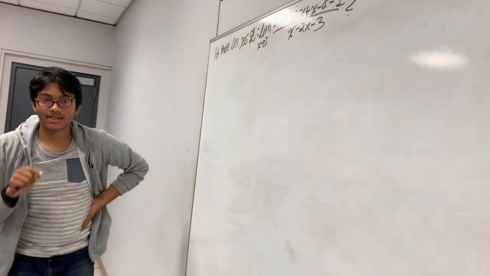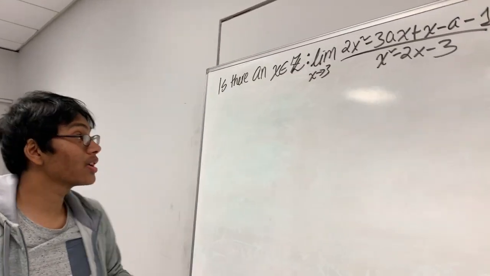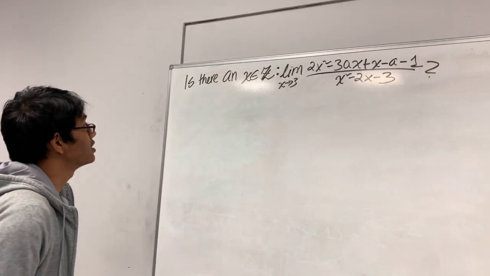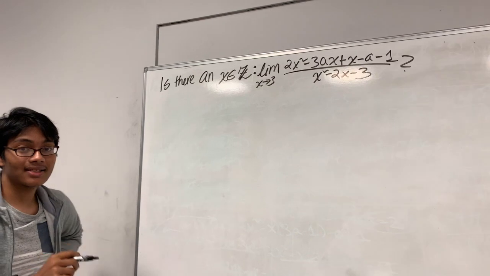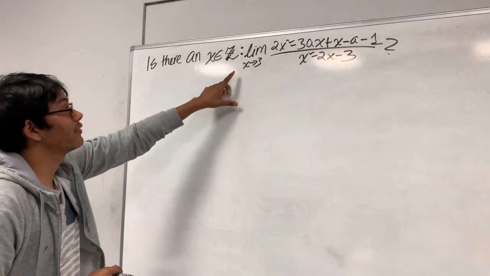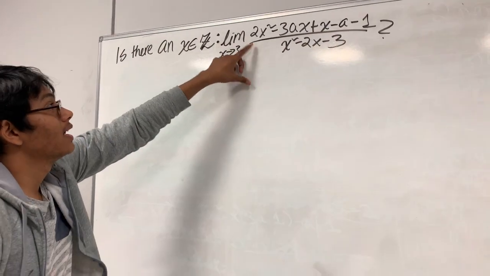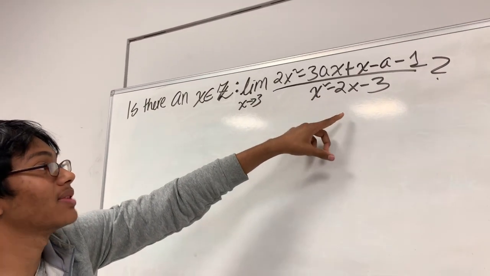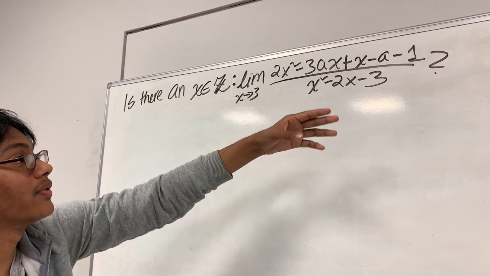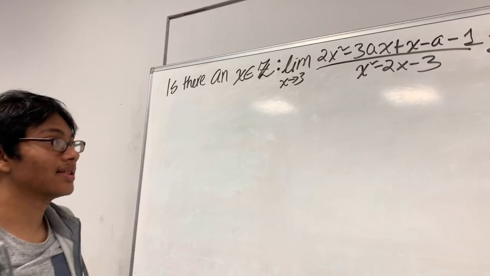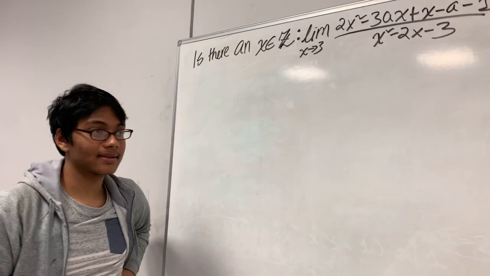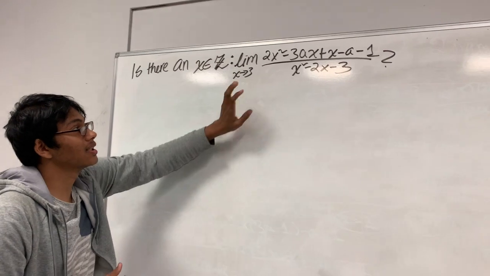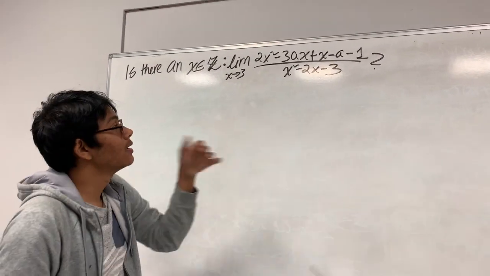Alright folks, what's up? This is another episode of Calculus. Today we're going to be trying to answer this question. Is there an a, such that a is an integer, where the limit as x approaches 3 of (2x squared minus 3ax plus x minus a minus 1) over the denominator exists? So we have to find an integer a such that the limit of this function exists. So